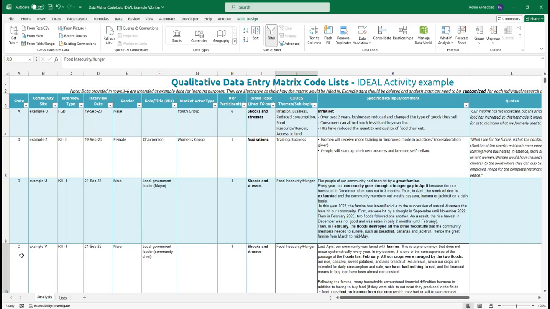You can also use the filter to view only those responses to a specific discussion topic.